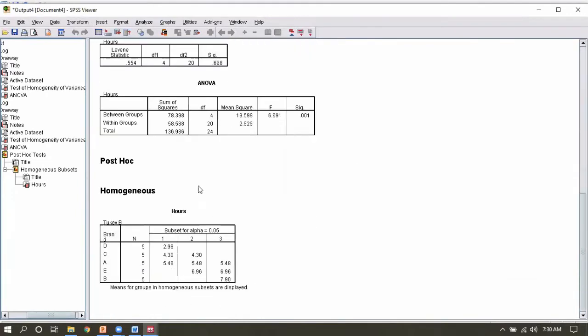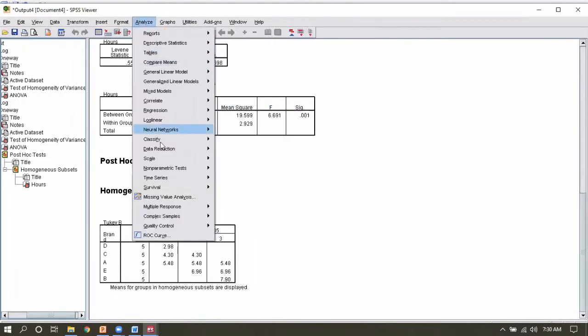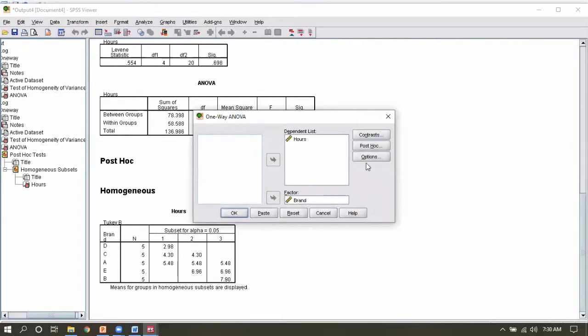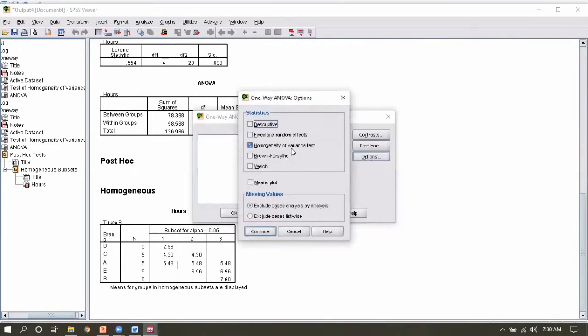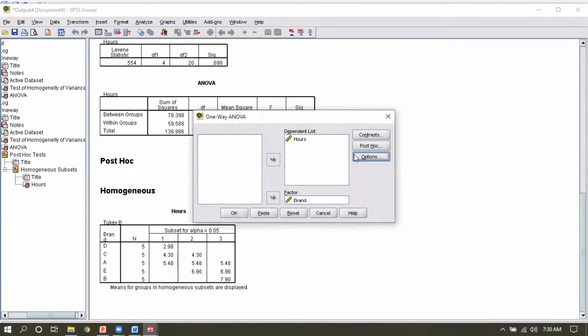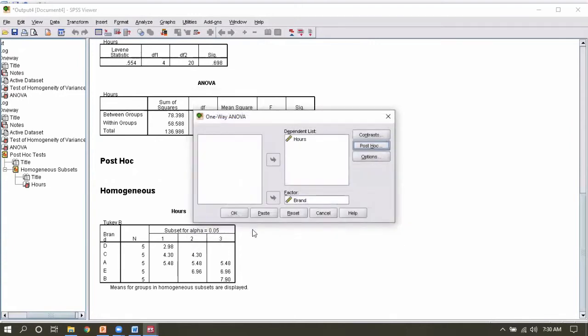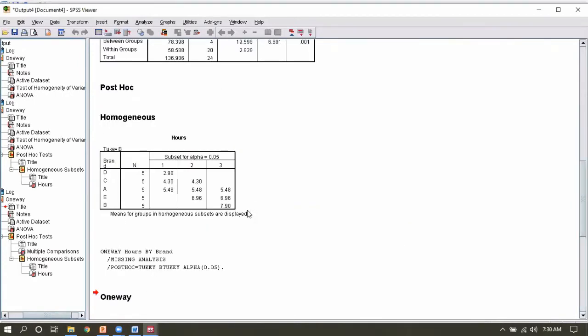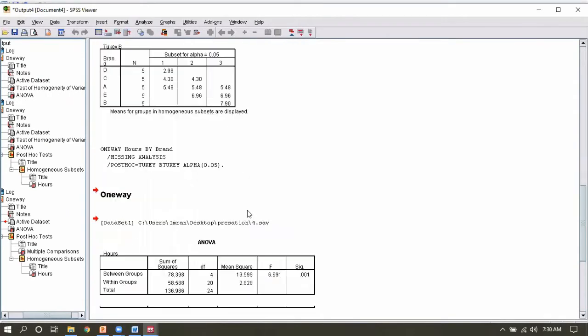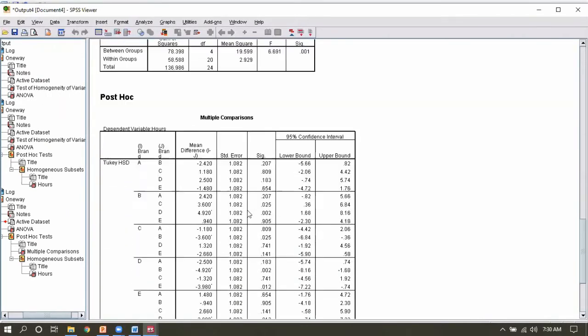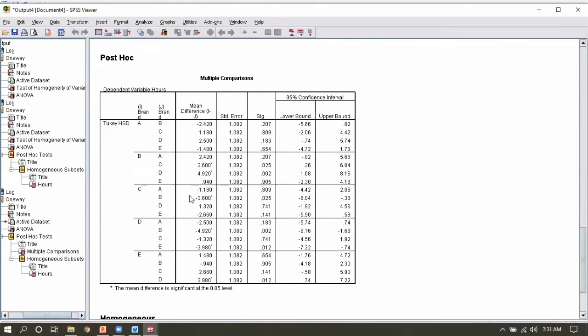Sorry, Analyze, Compare Means. In Options, I will just remove that, okay, and Post Hoc Tukey. Okay, I will use both of them. Now you will see that this is a post hoc Tukey test.